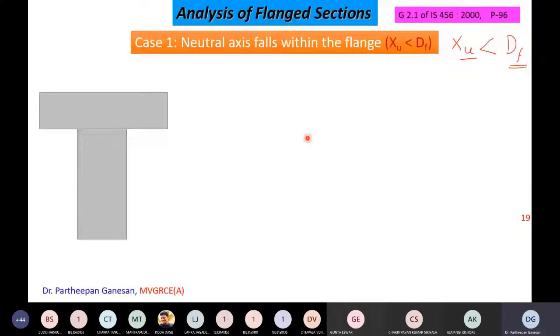Right now, let us say you have a T beam with AST provided at an effective depth D, and this is the width of the flange, this is the width of the web, and this is the thickness of the flange. What is the first case? The neutral axis falls within the flange. This horizontal rectangle is called the flange portion, and this vertical one is the web. It says the neutral axis falls within the flange, that means let us say the neutral axis is within here itself. So my beam is like this.